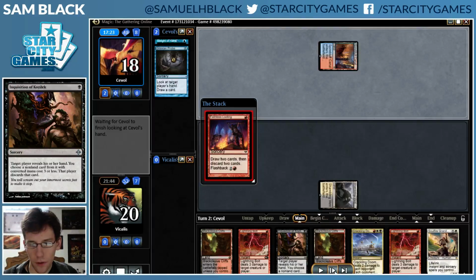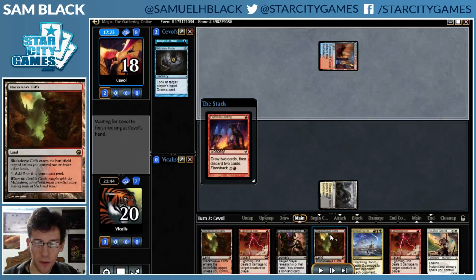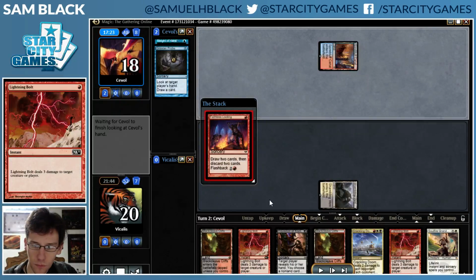It's not important. If I were playing Blackcleave Cliffs, I could have Bolt Up or cast Inquisition, but I don't think that it's important to do either of those right away. There's not a play that I'm expecting from my opponent on turn 2 that I would need to Inquisition. If my opponent were playing Pyromancer Ascension, it would be a different story, but any creature that my opponent plays, I can Lightning Bolt. And